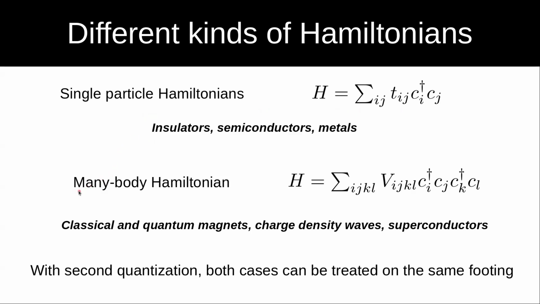The most important and most interesting case is the case of many-body Hamiltonians. In many-body Hamiltonians, we of course also have a term like the previous one, so bilinear, but what is most important is that we have a term that is biquadratic in the fermionic operators. So here you have four different field operators, and these field operators have an amplitude, this V_ijkl, that essentially tells you the strength of the different terms that you have